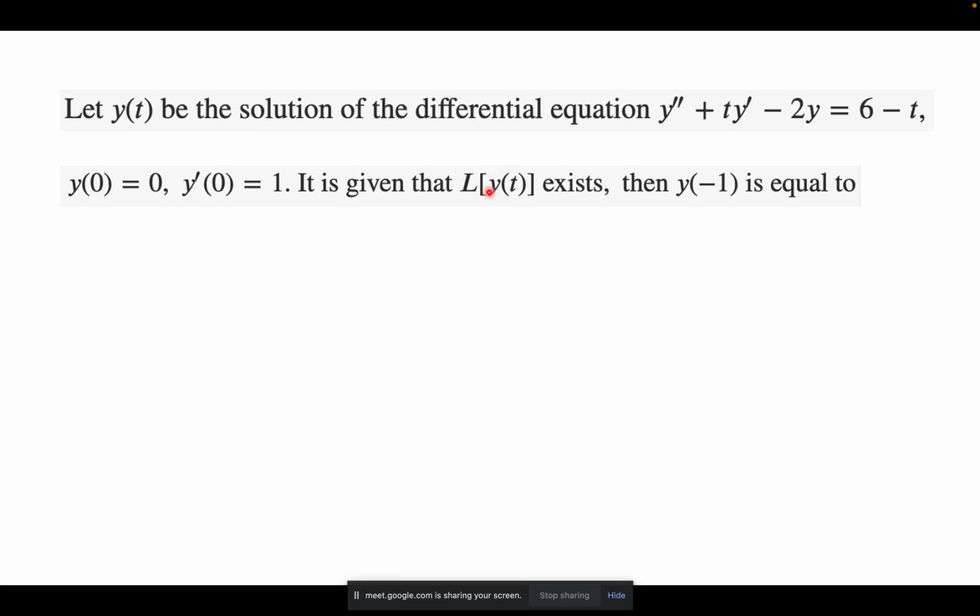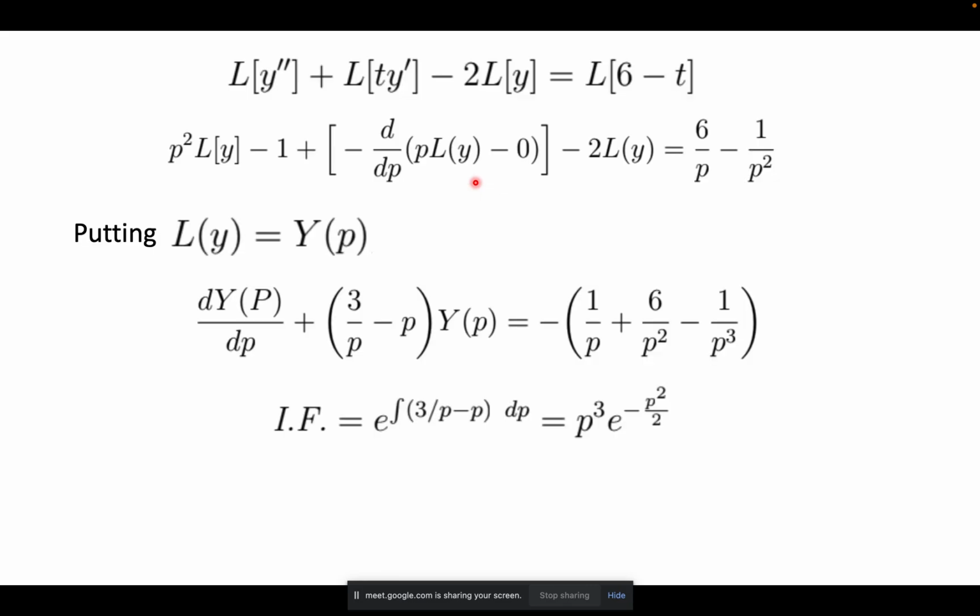Okay, so let's go through the solution then. Yes. Okay, so as you said, we will take the Laplace transform of both sides. If you take the Laplace transform on both sides, you will get this equation. Now you see here it's not very straightforward to express the Laplace transform in the